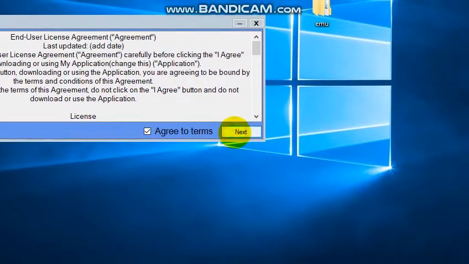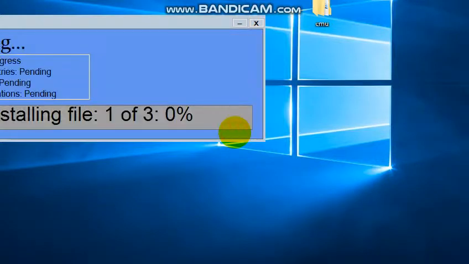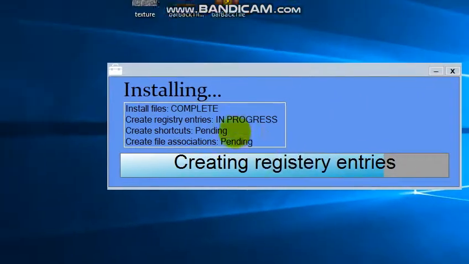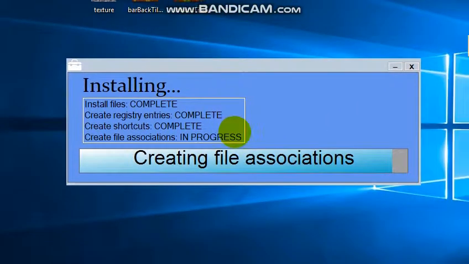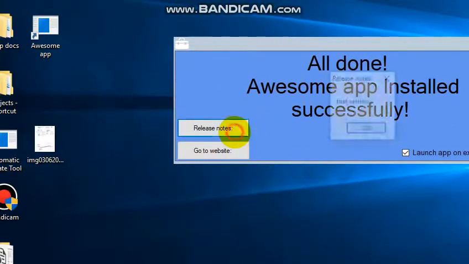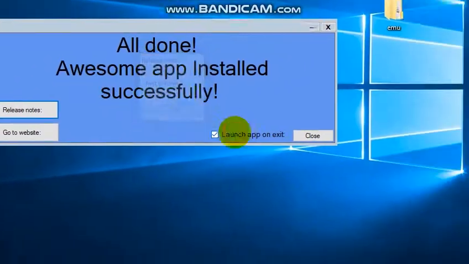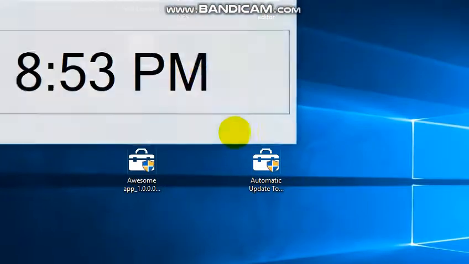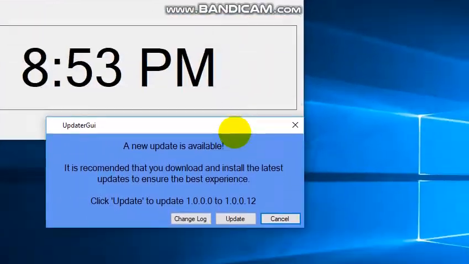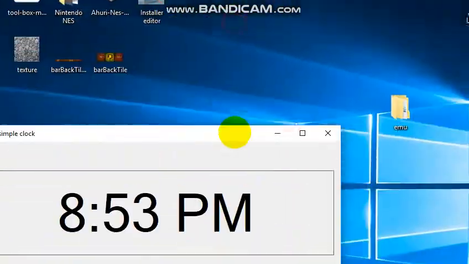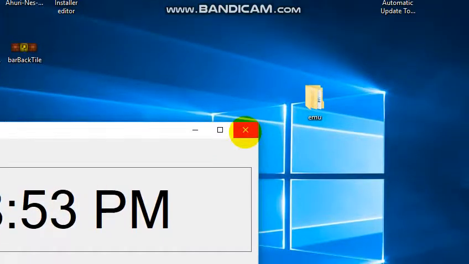So click next. Let's install this awesome app. Check out the release notes, first version, launch. Let's just make sure that this awesome app works, and it does. It does work. So let's go ahead and shut this down, and I'll see you in the next